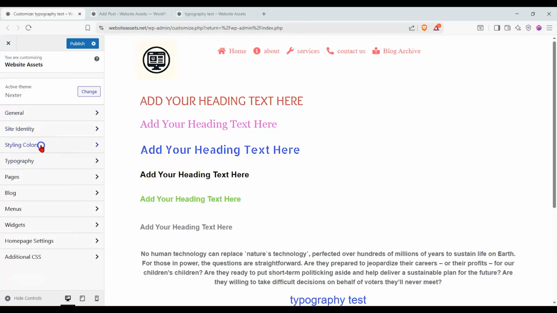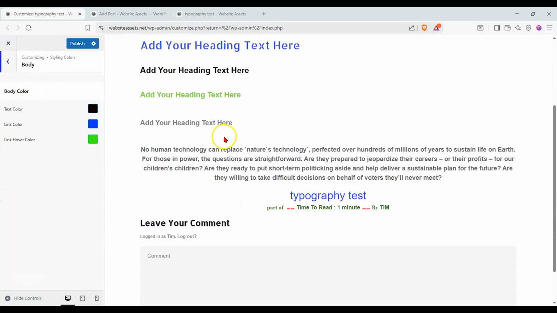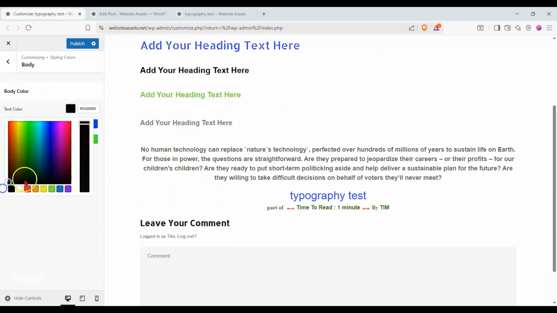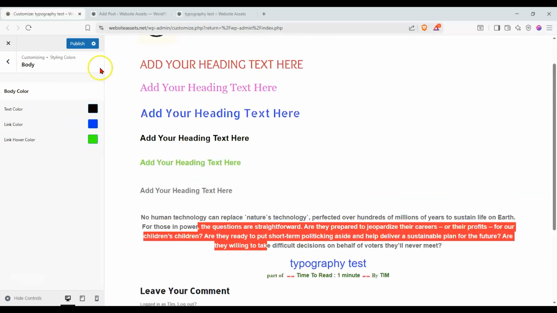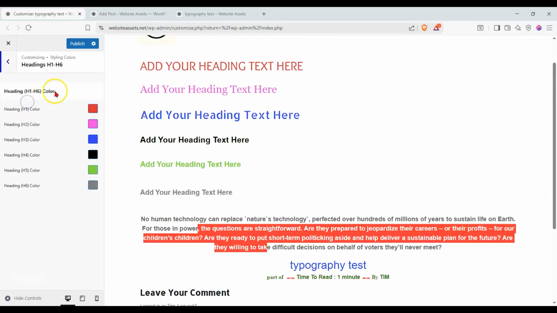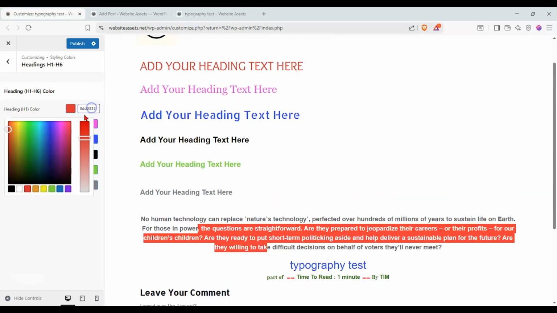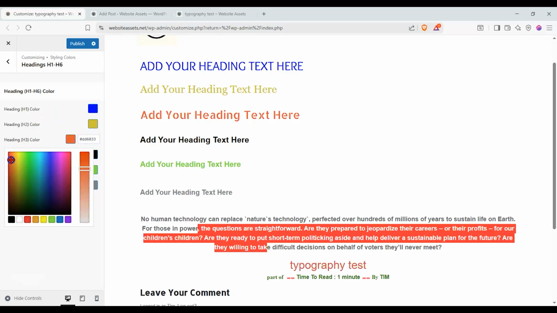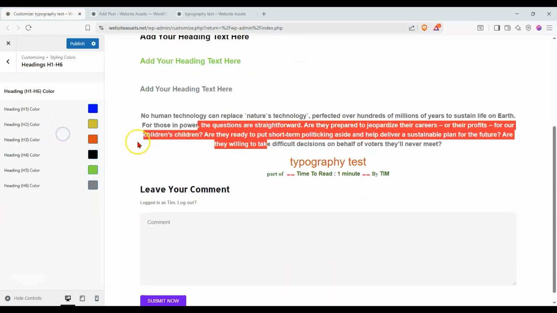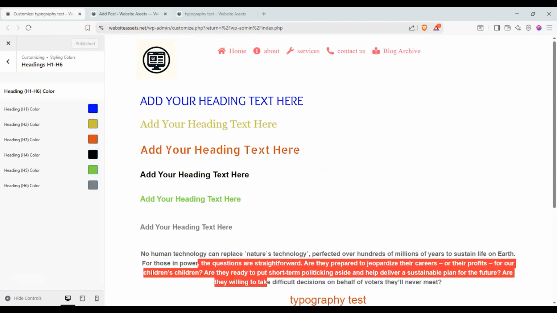And let's go back over here, and under styling colors, let's say we wanted our text color to be black. We can keep that as that. If we want to change our links, I don't think we have any links over here, so we'll keep that as is. And then for our headings, we can change the colors over here. Right, so if I wanted this to be black, if I wanted this to be dark blue, for this one I can make it a bit yellow. This one I can make it orange. Okay, so let's go ahead and click on publish,